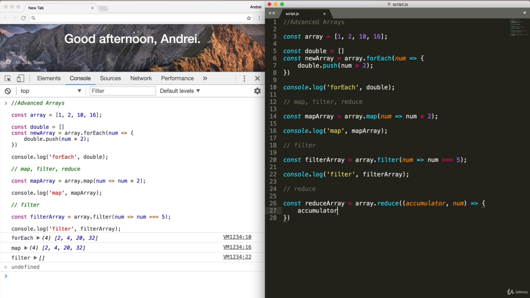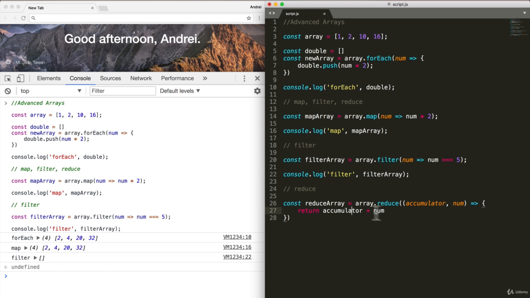Accumulator plus number. And again, because with reduce, we're returning an array, we have to return a value. And what we're saying here is that every time you iterate, so let's say the first go around, you have number 1. Accumulator plus number 1 equals, let's say if the accumulator is 0, then it'll equal 1 now. 0 plus 1 equals 1. When 2 comes around, we do 1 plus 2 because the accumulator remembers what was there previously. And then 10 comes around and you go 3